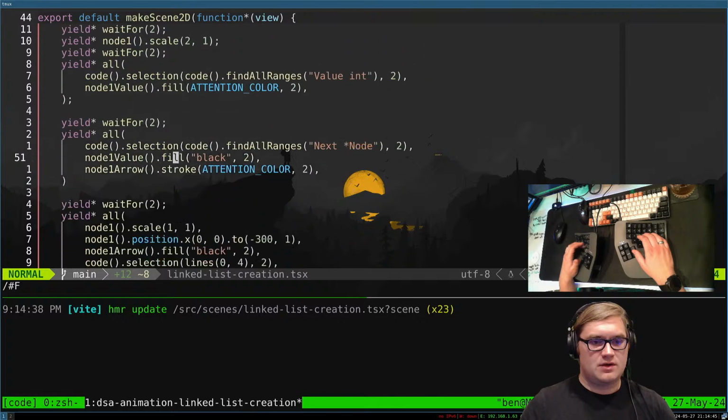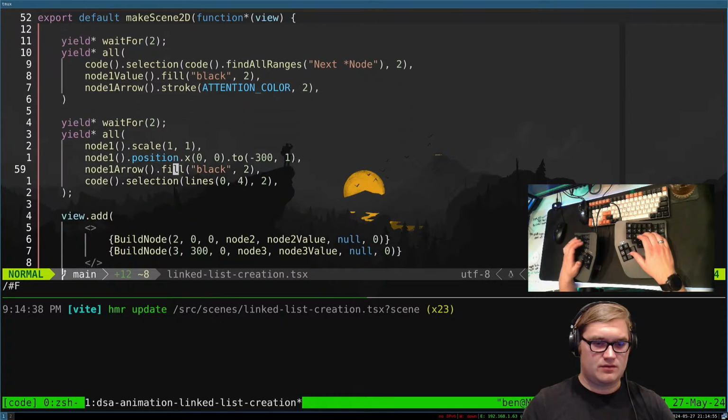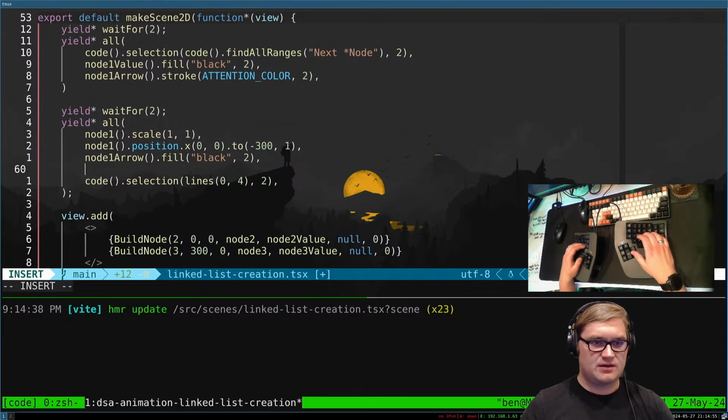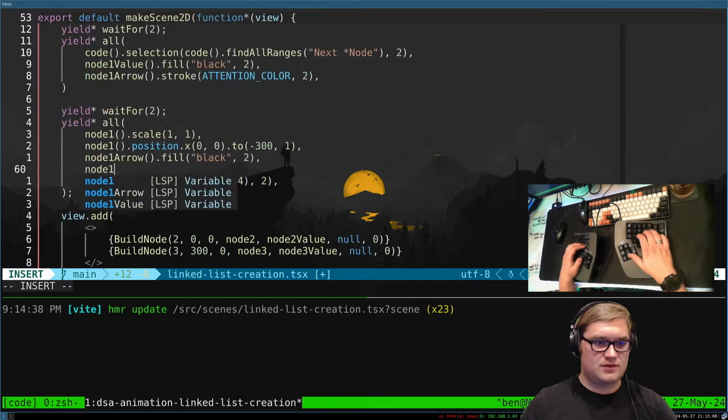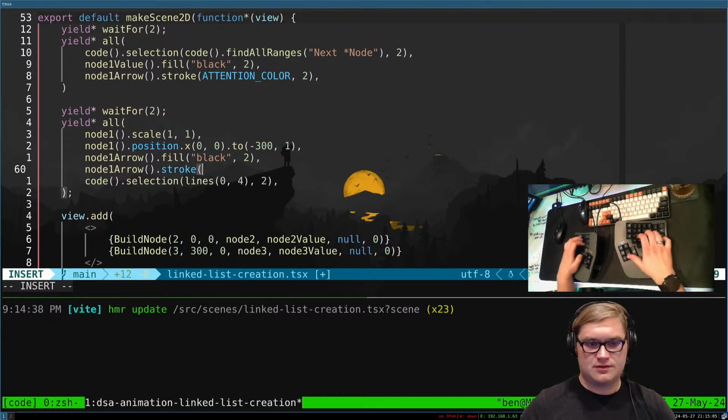So now we get to say, as we turn that to black, we also need to say node 1 arrow dot stroke gets